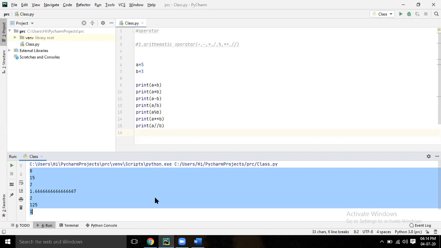Floor division is nothing but double slash, and it will give the quotient. 5 divided by 3, the quotient is 1. Whereas ordinary division gives 1.666, so floor division won't give the decimal one. So this is the arithmetic operator. Clear?